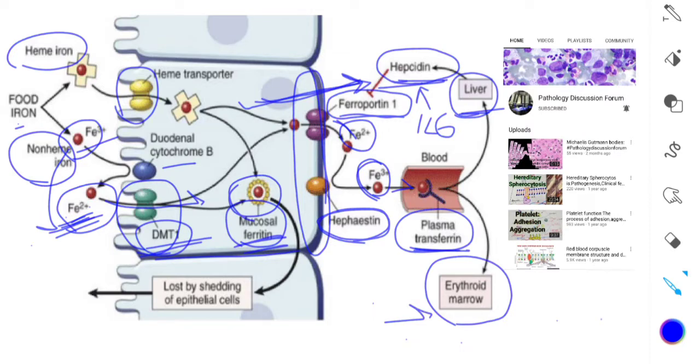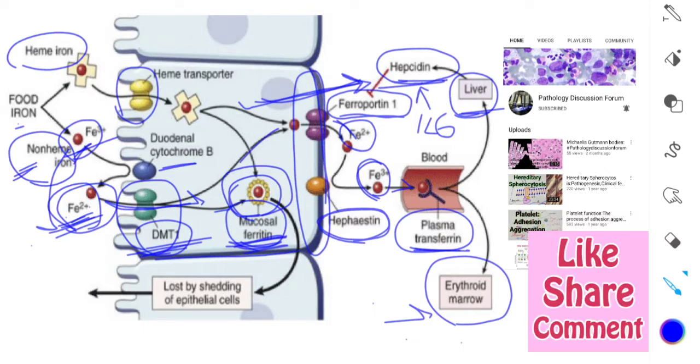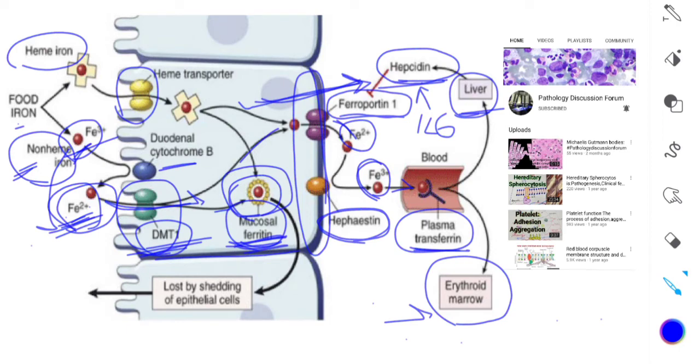So, the iron that is present within the gut lumen in non-heme form, that is mainly in ferric form, is converted into ferrous with the help of cytochrome B, and after converting into the ferrous form, it is transported with the help of the divalent metal transporter into the enterocyte, and when there is an excess of iron in the body, then it is converted into ferritin and stored in the enterocytes, and when there is a requirement for iron for erythropoiesis, then it is to be transported to the plasma, and here the transport across the basolateral membrane is by ferroportin, and this ferroportin is negatively regulated by hepcidin that is produced in the liver in excess amount during inflammation.